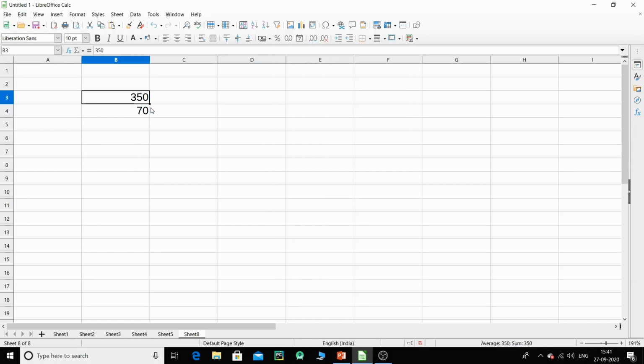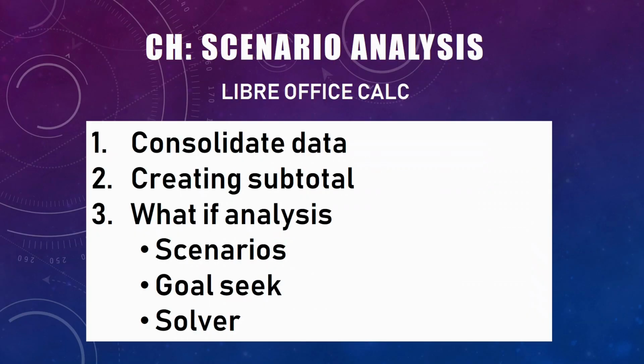Now this is pretty nice, but it will not work practically if you really want something where I have the marks, then the total and then the percentage, and then it should tell me what marks I should be getting. Then it becomes a bit complicated, and for that we have the third option, the solver, which is going to solve the entire thing for us.